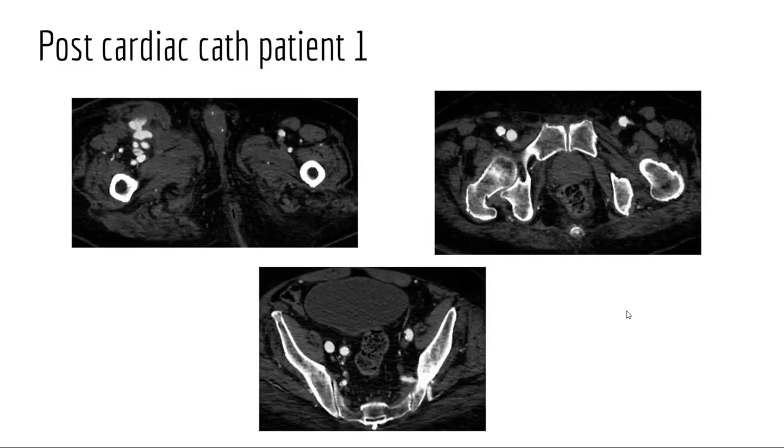Post-cardiac cath, patient number 1. Sorry, cardiologists. This is a patient presenting with a swollen leg. And we're seeing one of these sides is not like the other. We're seeing a vein light up on the right and not on the left. This common femoral vein should not be lighting up like this. This external iliac vein should not be lighting up like this. It should look like the one on the left, and lo and behold, this is an AV fistula